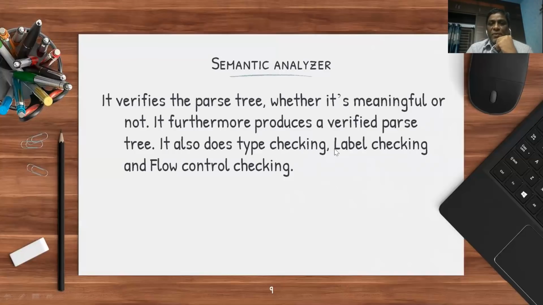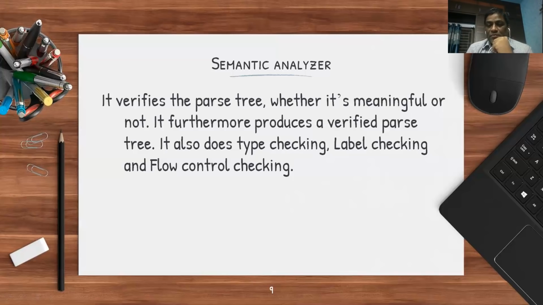semantic analyzer. In case any labels are missing, that means you are using a value which is not defined properly, it will be identified by the semantic analyzer, and so on. There are many tasks done by the semantic analyzer. So majorly it checks whether the meaning of the corresponding statement is correct or not. In case types are not matched in a statement, the semantic analyzer performs type promotion tasks also.